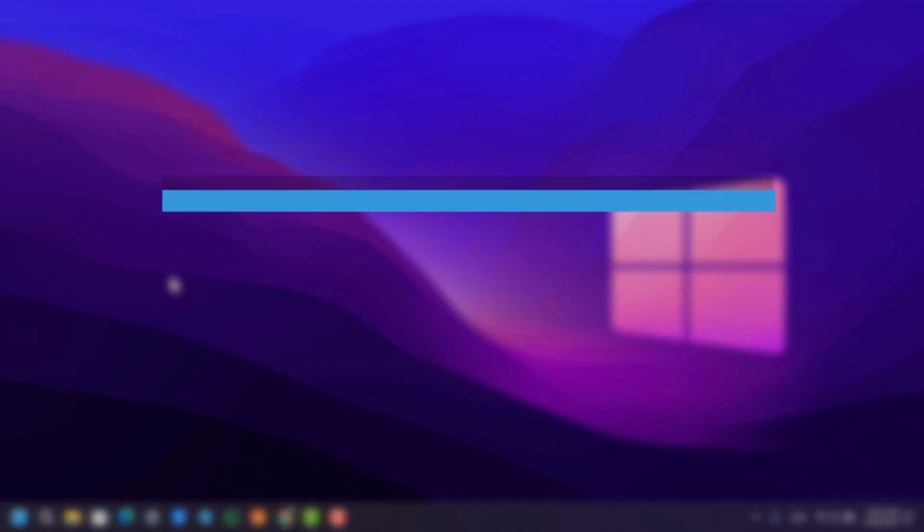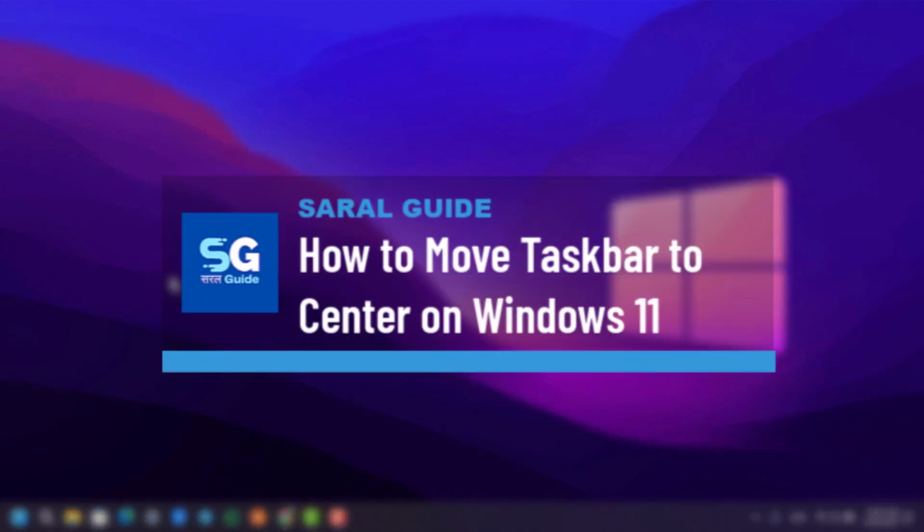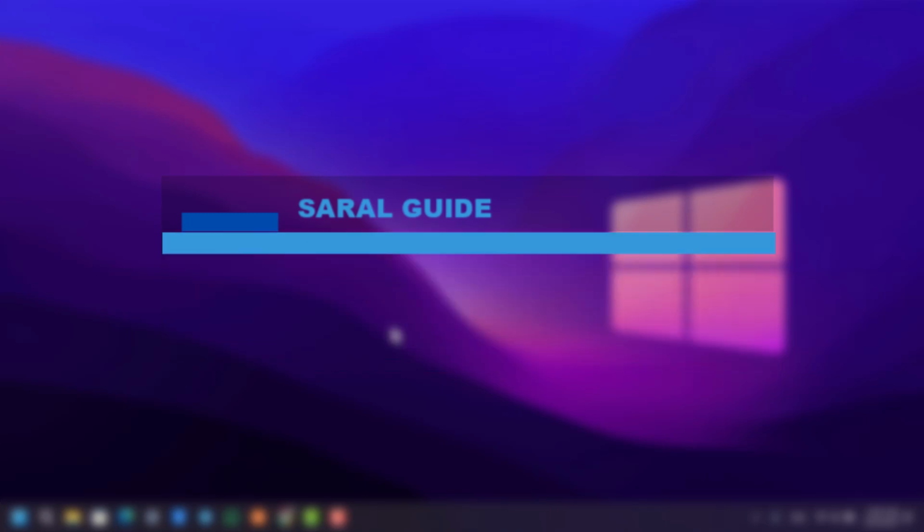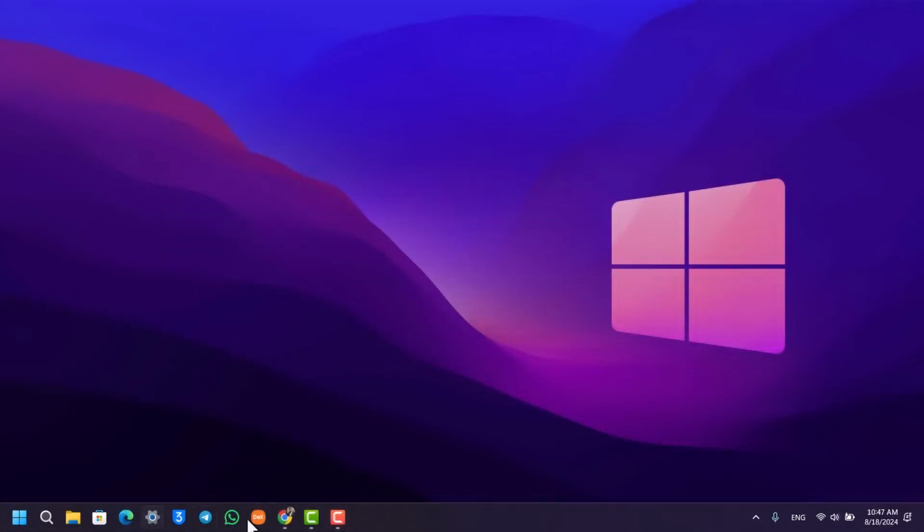How to move your taskbar to center on Windows 11. By default, on Windows 11 it will already be in the center whenever you install it, but for some reason, if it's not and you want to move it to the center, or maybe from the center you want to move it to the left, either way, what you have to do is look for an empty space